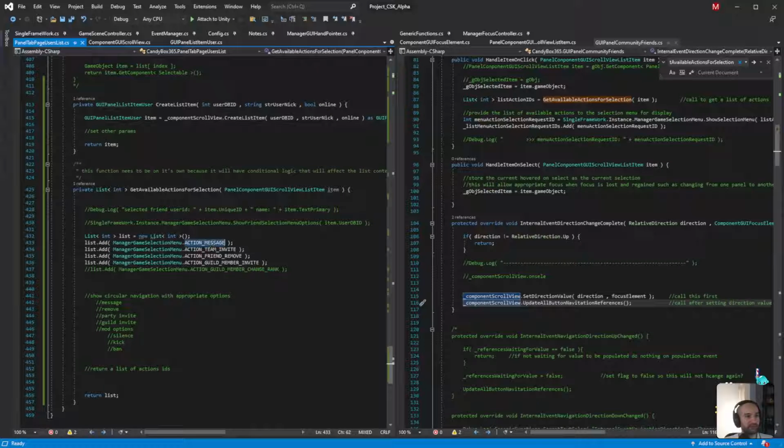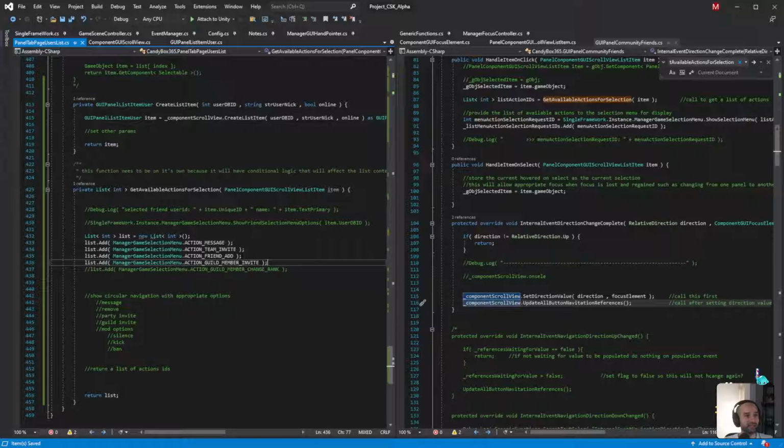So we're going to add message, team invite, friend remove. No, we want friend add. So we want to add friend, guild member invite. Yeah, we want to do that. I think that's it though. Those are the 4 options we want to give.